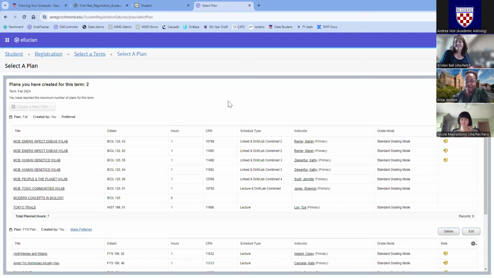Yes, and then another question, are 2 additional classes the limit for fall term? No, so we recommend first-year students take 4 to 4.5 units in their first semester, just because it is a big transition, and we want to make sure everybody gets on a good footing starting out and gets used to the workload. During this registration period, through the beginning of school, you can register for up to 4.5 units. Then once school starts, you can go up to 5.5 units, but 5.5 is the maximum number of